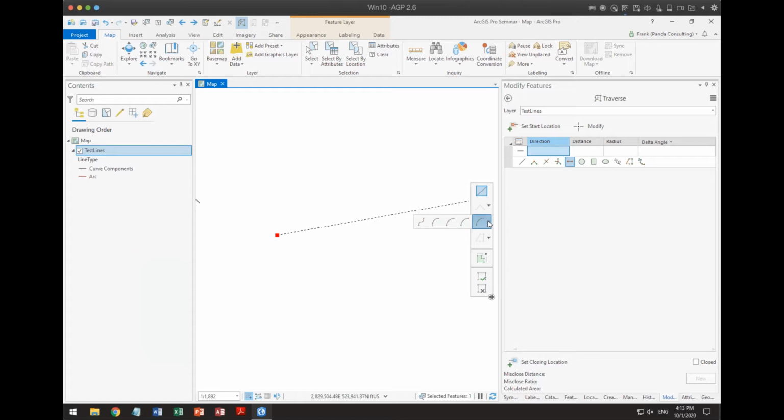So it'd be nice to go from the starting side and then from the ending side and go around, and then in the middle we could put that curve in, because by that time we could figure out what the chord bearing is, and then we could enter in the curve. Right. So I was just wondering if you could do anything like that in Arc Pro, or do we really have to know